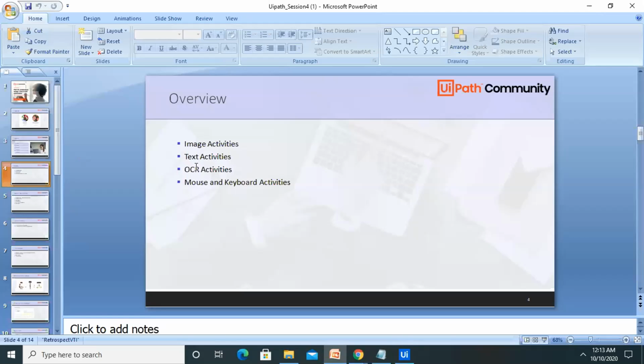Mouse and keyboard combination we can use for any of the frameworks, but image, text, OCR, and Citrix are all three different parts. So we'll see each one by one.